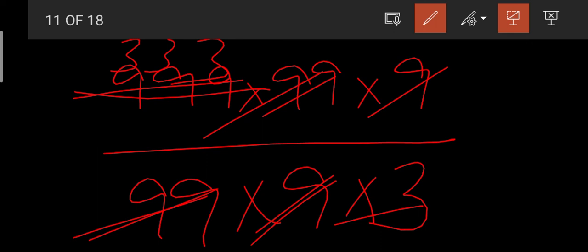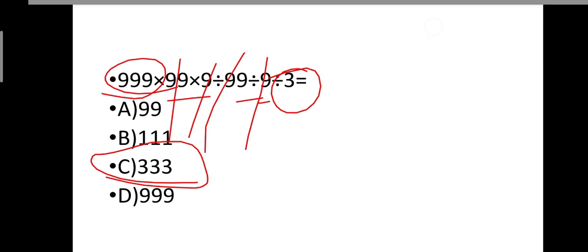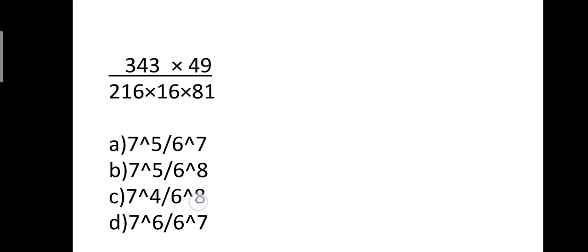But by again writing the same question on your paper and calculating the same, the time will be consumed, isn't that? So simply by observing the question, we should be able to keep our answer. They have given the same numbers, so no need to calculate these numbers. The only thing they want us to calculate is 999 by 3. Our answer is just 333. Okay, in our exams we need most of the observations to get the answer very quickly. Okay friends, and now we will be moving to our next question.